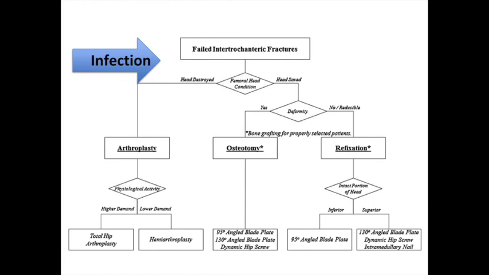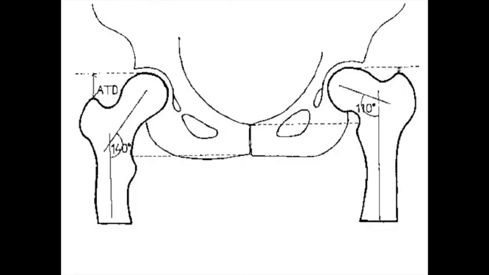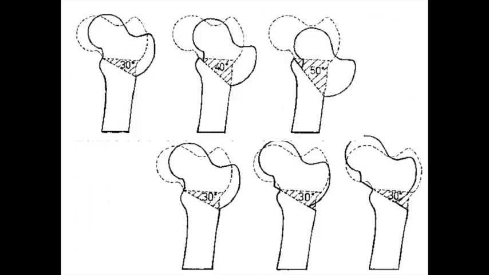Either you replace or you preserve the hip. If you have to preserve the hip, you have 2 possibilities. You might have a possibility of a refixation, or you might have a requirement of an osteotomy. So what happens in a coxa vara? Since the trochanter moves up, the neck shaft angle decreases, and the biomechanics are changed. So what you do in an osteotomy, you try to take out a wedge from the outer aspect and recreate the anatomy. Depending upon the amount of wedge you take and lateralize the shaft, you will gain length in the same procedure.